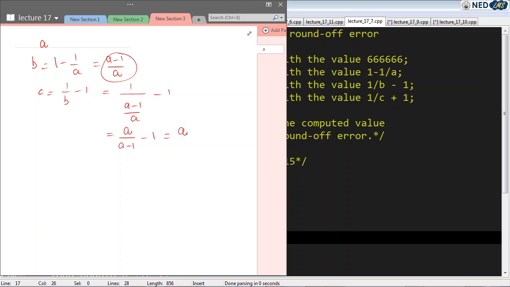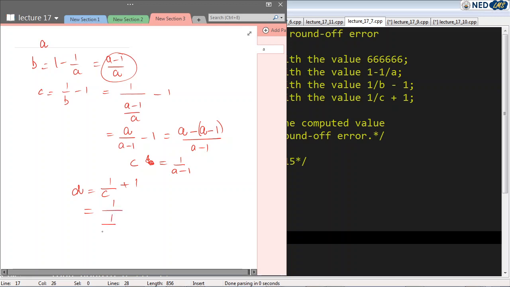So this thing equals A minus (A minus 1) over (A minus 1), which is 1 over A minus 1. So this C equals 1 over A minus 1. And in the end, D was equal to 1 over C plus 1, so I write 1 over (1 over A minus 1) plus 1. This gives (A minus 1) plus 1, so D should equal A